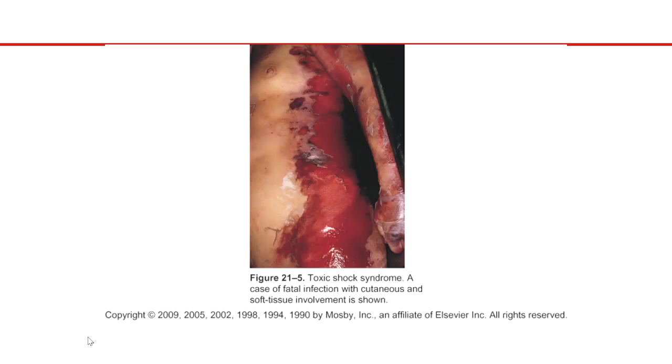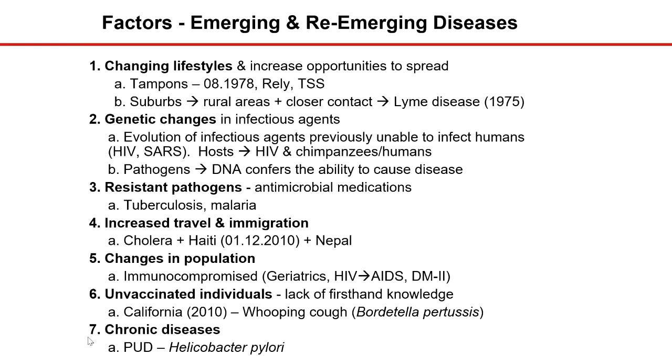This is sort of end stage, worst case scenario, this patient died, and as the toxin gets into your blood, one of the things that can happen is your skin can desquamate or peel off too. Okay? But we'll get to this a little later in detail. Okay, so that was one example of a disease that's been around, but it was re-emerging. Why? Well, because we had new technology, this Rely tampon. The other example we sort of closed class up with was Lyme disease. So, it's one of the bugs assigned this week, right? Borrelia burgdorferi. So, when we talk about diseases, we'll talk about etiology, that means the cause.